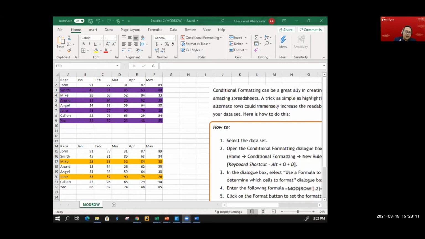We'll start off with editing, and thereafter we go into formatting. That's analysis, where we are able to find information pertaining to the spreadsheet itself, right? Thank you so much.